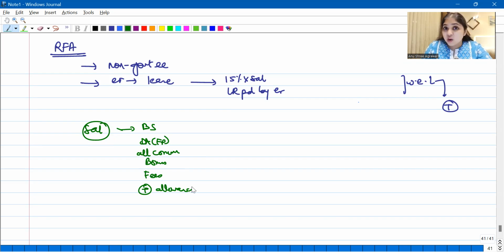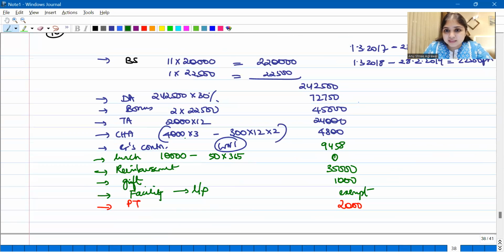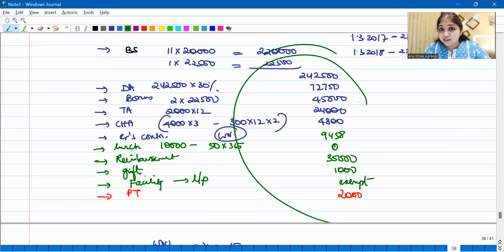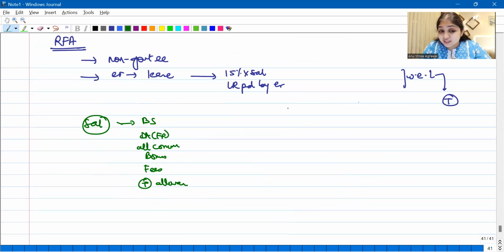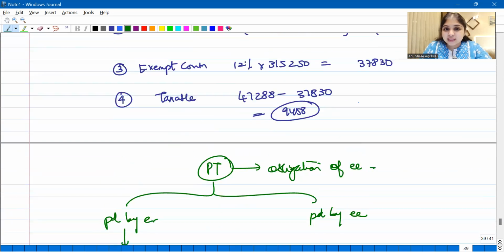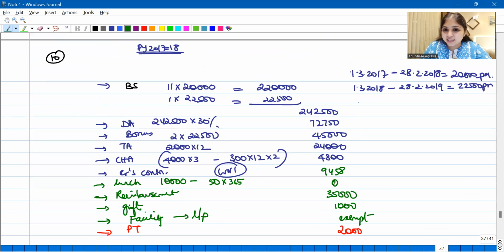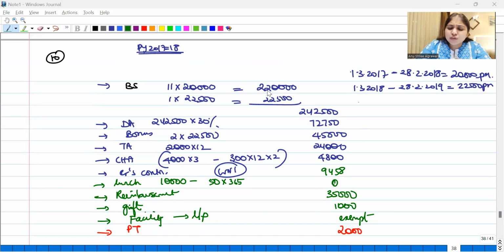Now in this question, what is our basic salary? Any change in the salary during the year, by the way? Any change during the year? No. Why am I... no, there is a change, there is a change. See, in the month of March, the salary is changing, right? So why am I asking whether there is a change in the year or not? Why should we know? Why are we doing that?